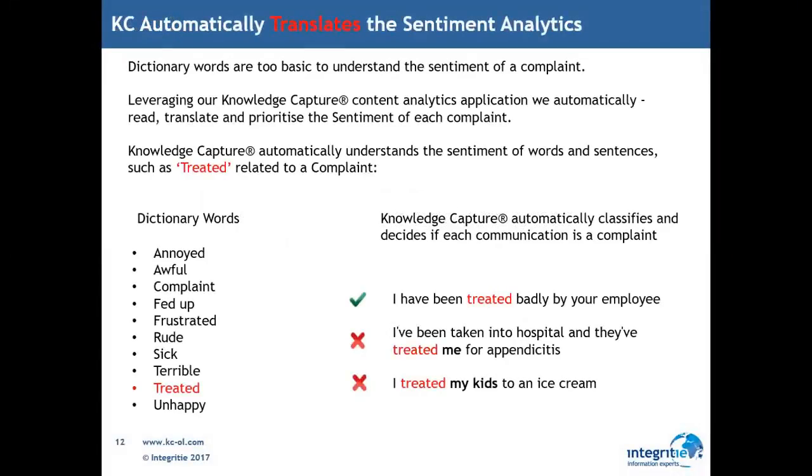So as I said, we basically have sentiment analytics behind the scenes rather than just keyword or phrase analytics. The example we have on the screen here is around the keyword "treated." Ordinarily, "treated" isn't necessarily a complaint, but when it's combined with "I've been treated badly by an employee," that would typically be a complaint. "I've been treated for appendicitis" or "treated my kids to ice cream" are not things you want generated into your